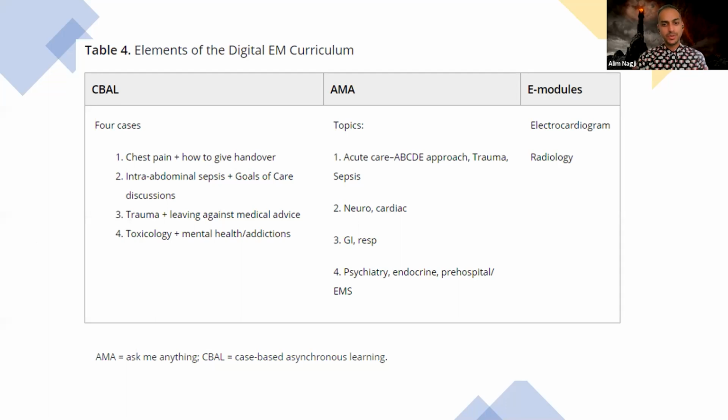And so what we did was we broke this down with a couple of different innovative pieces. The one I'm going to focus on today is the CBAL you'll see in the corner. That's case-based asynchronous learning. And so what we did was we harnessed the power of digital communication technologies in the form of Slack and tried to create and mimic some of the encounters that students would have with their staff while on shift. So starting to really introduce some of the key elements, both from a medical content perspective, and